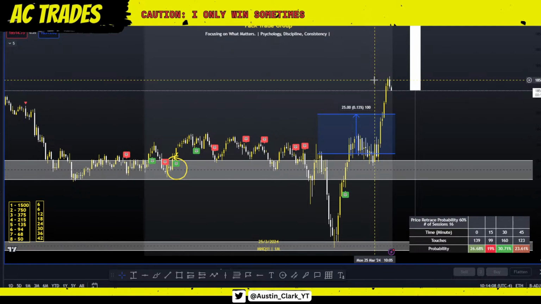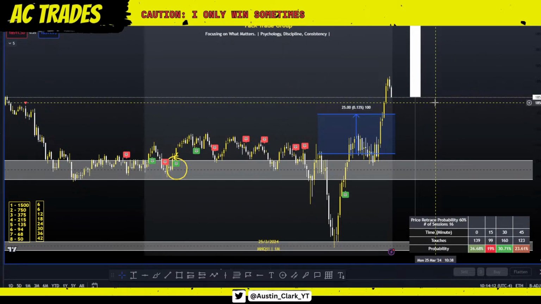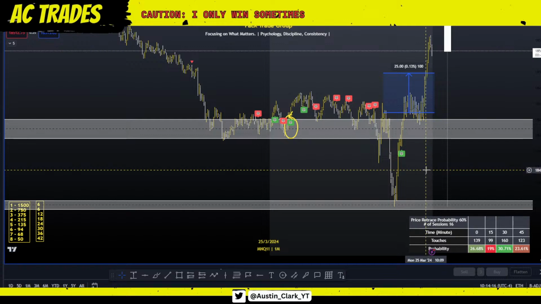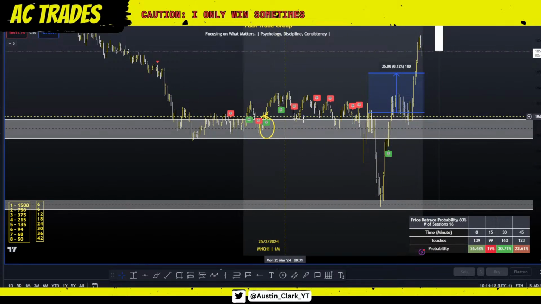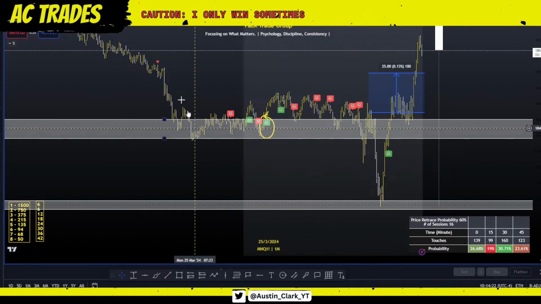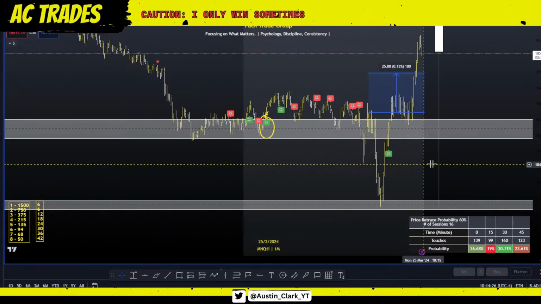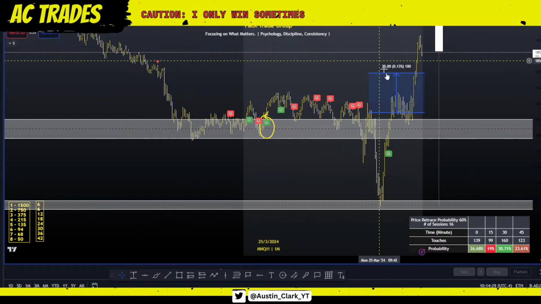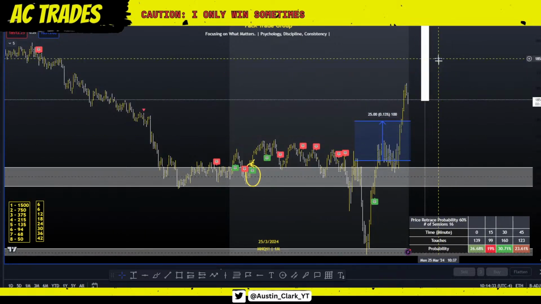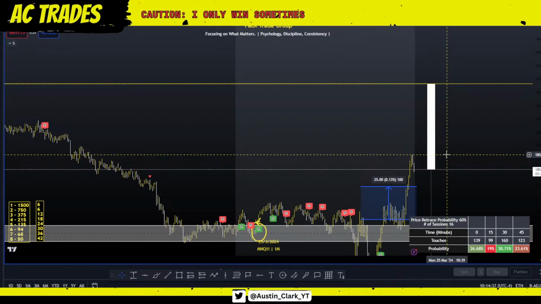And again, for those of you watching, why did this work? Why is this consistent? Because we're using data. Somebody came on stream earlier and said, I don't know, Austin, you're making lower lows and lower highs. I don't care about any of this. I care about, in this specific time window, when can I get 25 points in my favor? Is it going to go up or down? And how do I know on a high probability, is it going to go up or down?